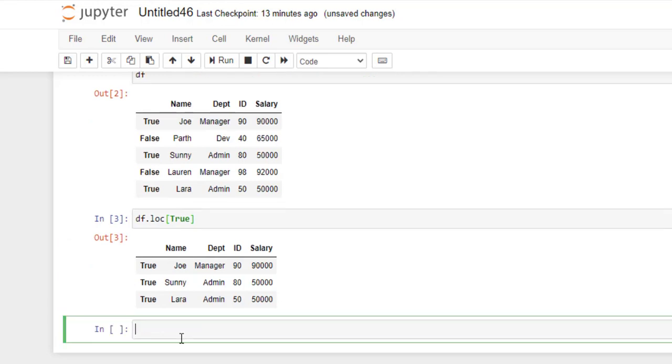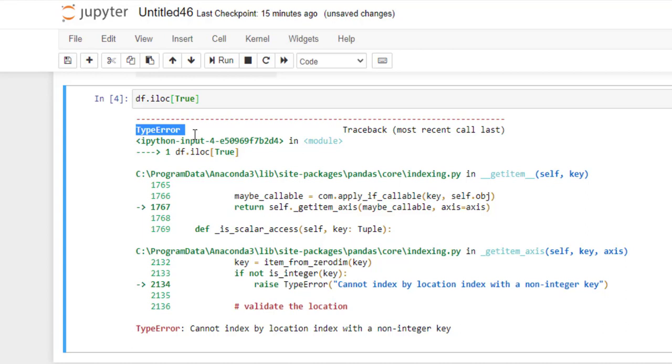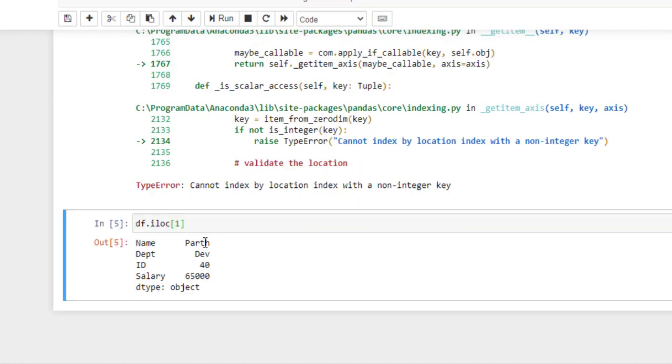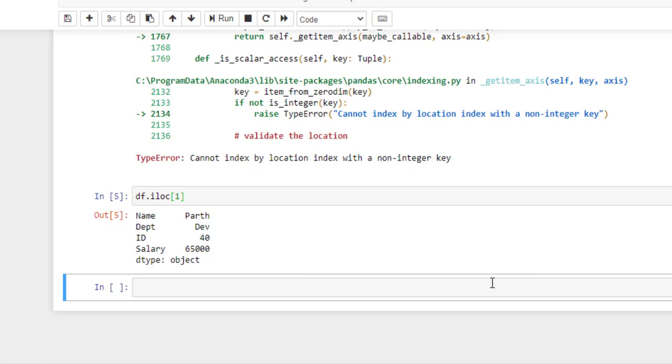Now let's try to access the data frame with the iloc function. This function is used to select rows and columns by number in the order that they appear in a data frame. So if we try to pass a Boolean value true or false, then it will throw a type error as it accepts only an integer value as an argument. Here as you can see, it throws a type error. Now I will provide 1 as an argument. Now run this. As you can see, it returns the value of the first index. There is one more function called ix, which is a hybrid of loc and iloc functions. But this function is deprecated.